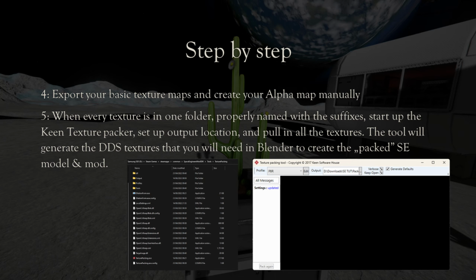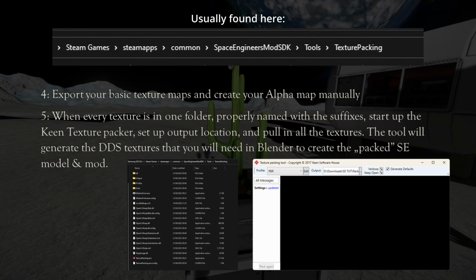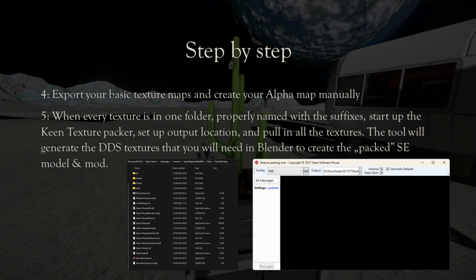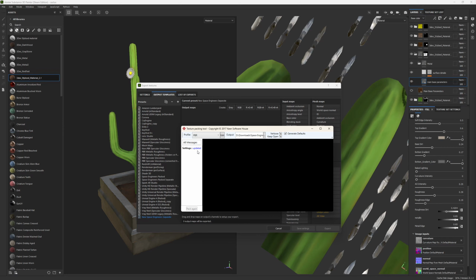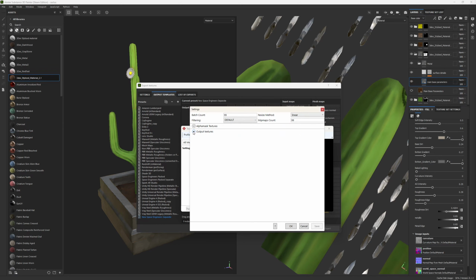Alright, so you have the texture packing tool from the Space Engineers Mod SDK. When you open it up, you see here that it says PBR. This is the default method that you need to use in order to import a PBR texture correctly to Space Engineers. This is the area where it will show you the progress. And if you click this edit button here, it will show you the output